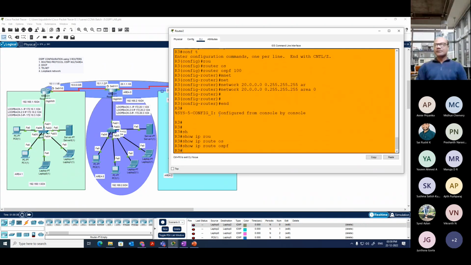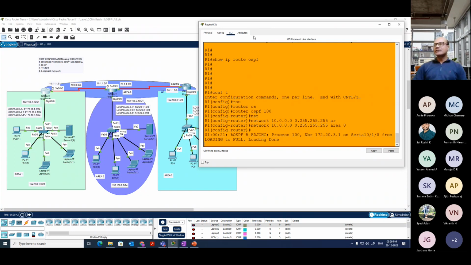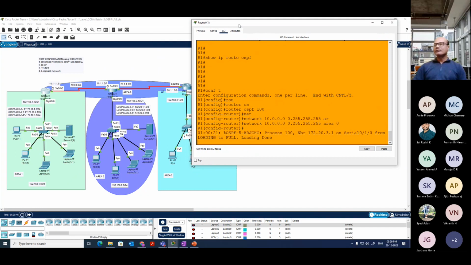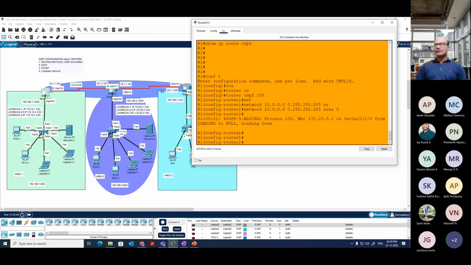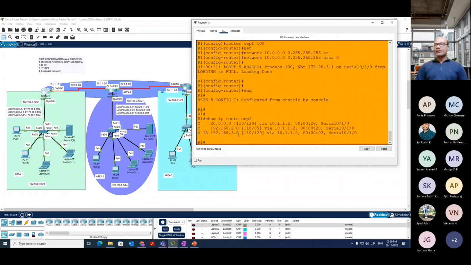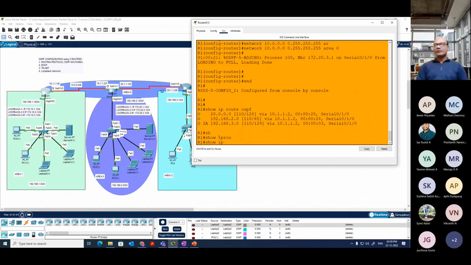So show IP route OSPF. Let's see. I think now it should form. Can we see, guys, now? Now it's loading. It's forming the adjacency now. You can see in show IP route OSPF, O means OSPF. If you type show IP route,